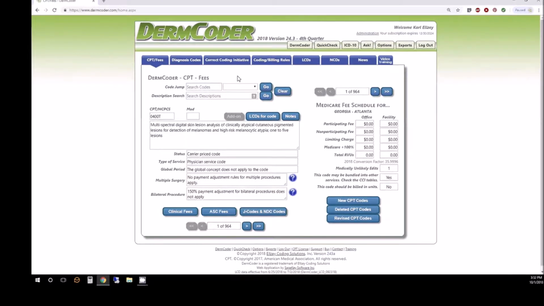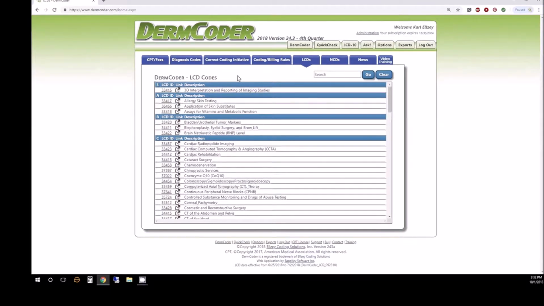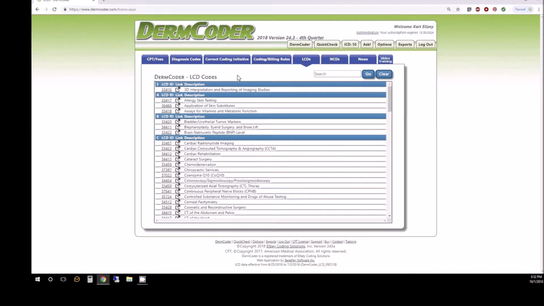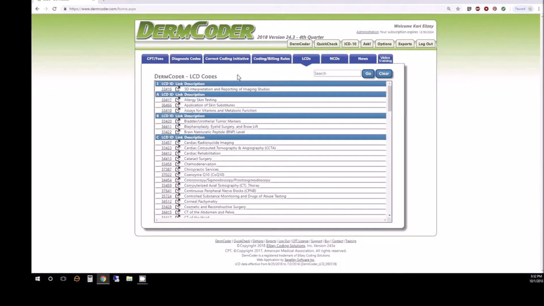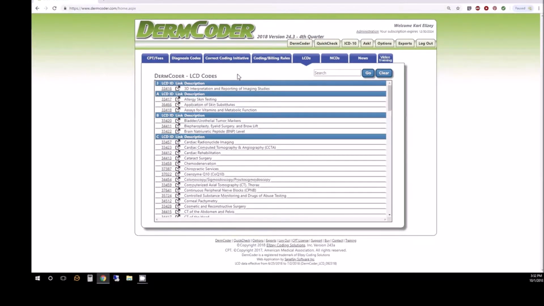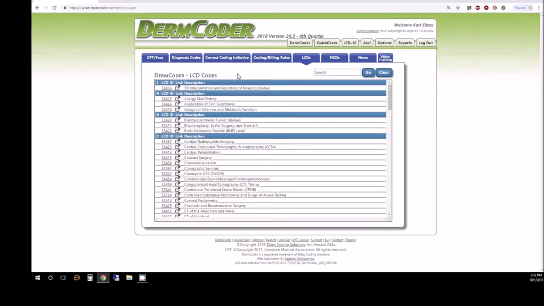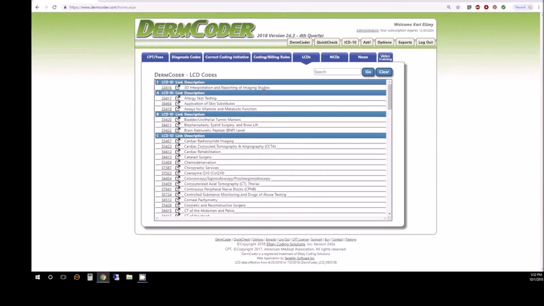The first thing is the LCDs tab. This is the listing of the local coverage determination policies for the Medicare carrier that you've been configured with for your particular region. They are now sorted alphabetically, and you can pull up LCDs by words that may appear in the indications or coverage or the descriptions, or perhaps even CPT codes. For example, if I needed to see if there was an LCD that covers